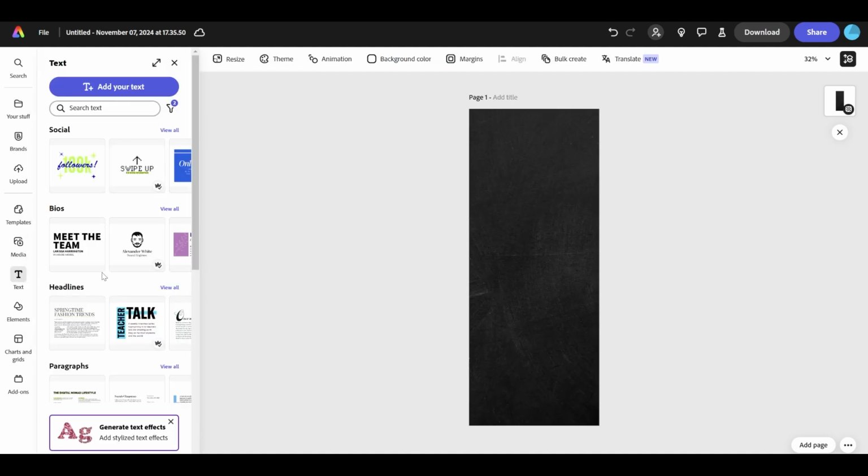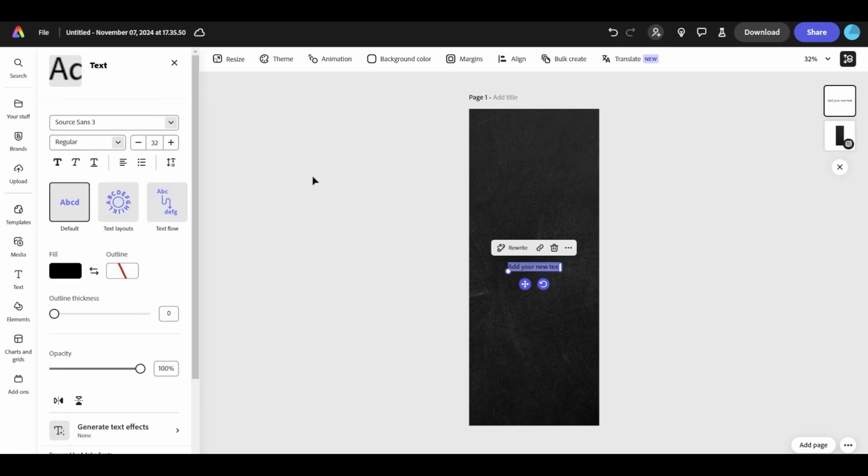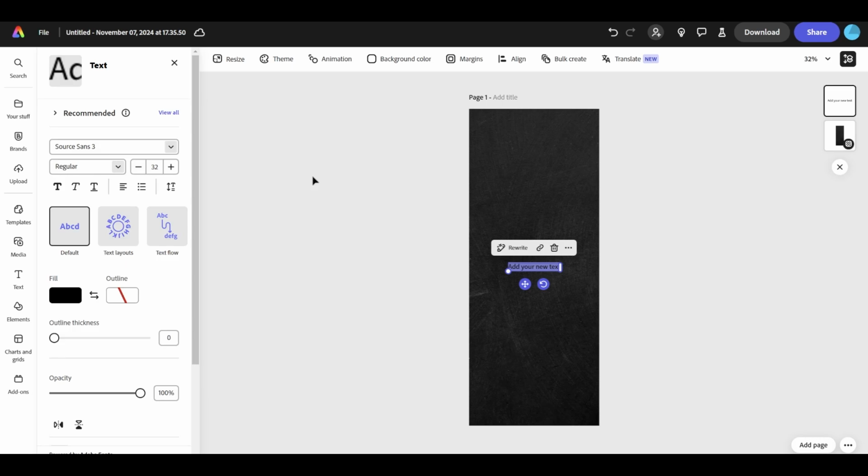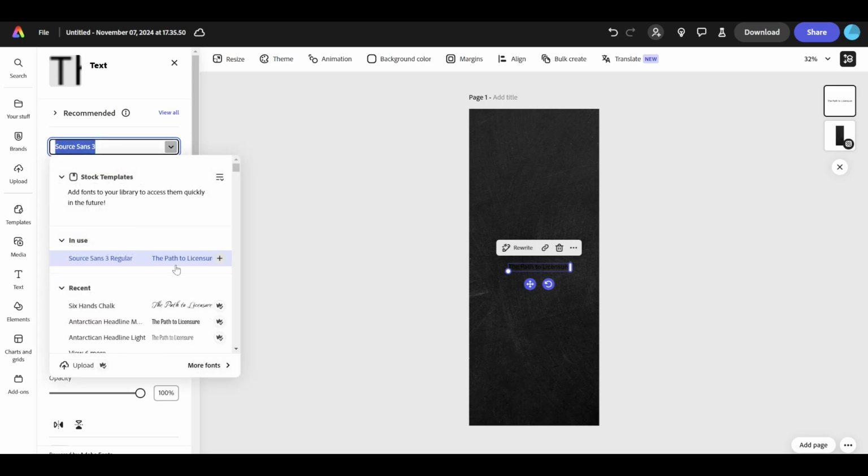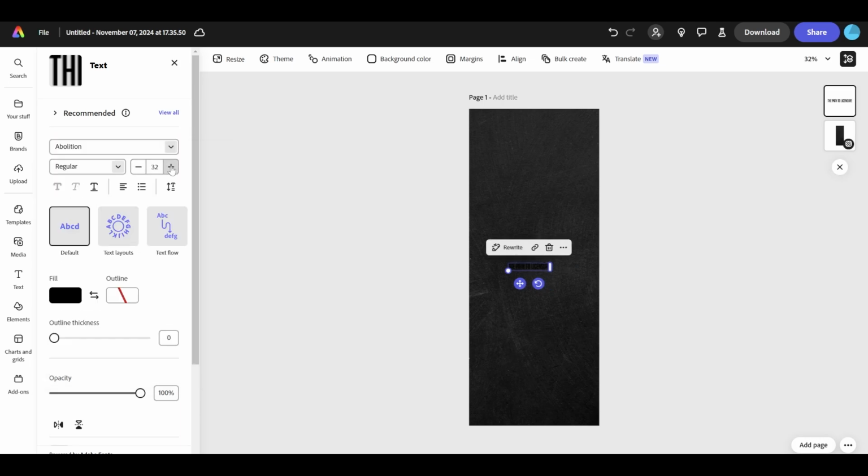And that very first thing I'm going to add in would be that big, bold title that gives context to what the topic of my infographic is. Now that I've typed it in, I can go ahead and customize that text to however I'd like. Now this is just the default settings, but I'm going to go ahead and click here for this drop down arrow and choose what font I would like. I'm going to make it much bigger, and I'm going to adjust the font size right here. I can just click the sliders and make it bigger, or I can just type it in. And to move the text around, I'm just going to click and drag.